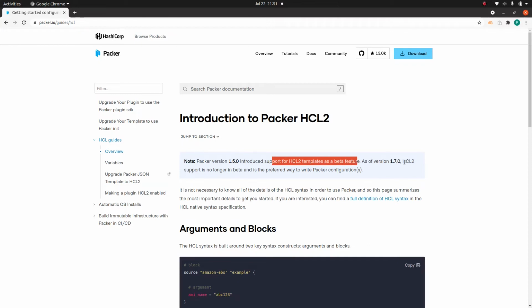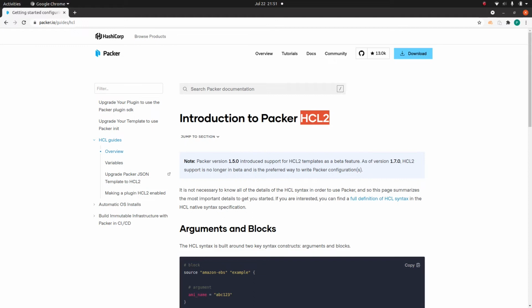And as of version 1.7.0, HCL support is no longer in beta and is the preferred way to write configuration. So what HashiCorp, the creator of Packer, is pushing is that you should write your Packer config templates using HCL version 2 rather than JSON.